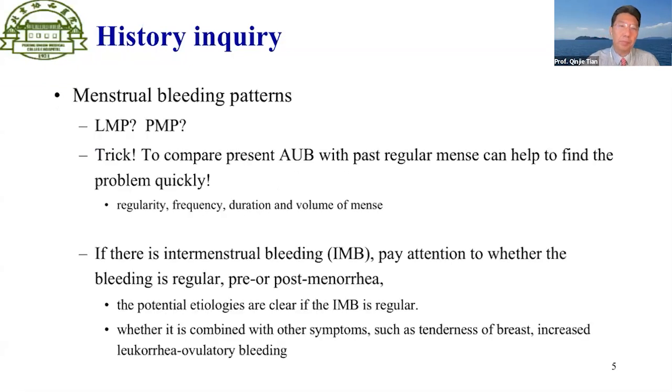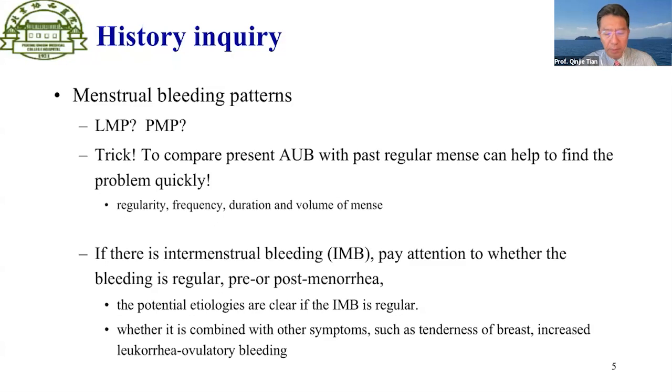To assess the problem quickly, comparing present AUB with past regular menstrual cycles can be helpful for examining the regularity, frequency, duration, and volume of menses. Additionally, if there is intermenstrual bleeding, attention should be paid to whether the bleeding is regular or irregular, as well as pre- or post-menstrual occurrence